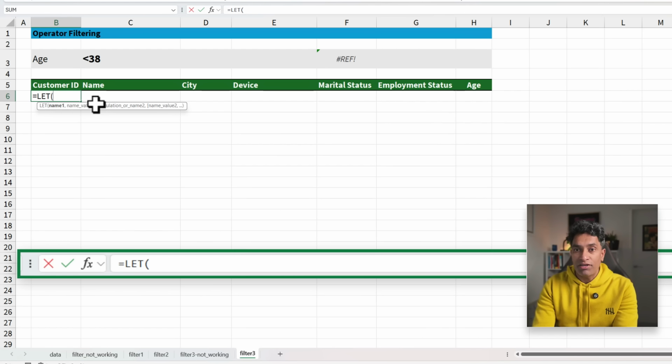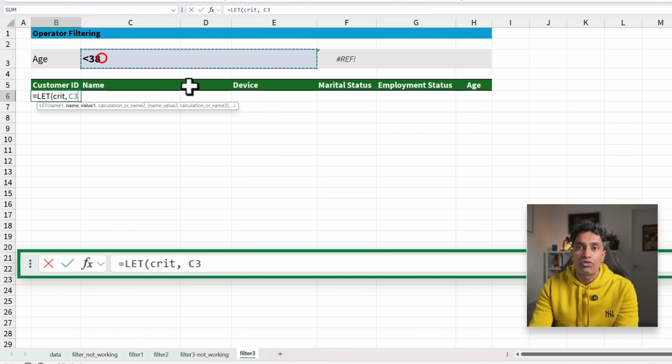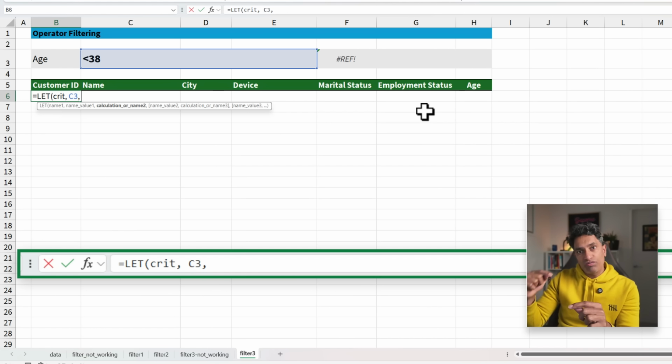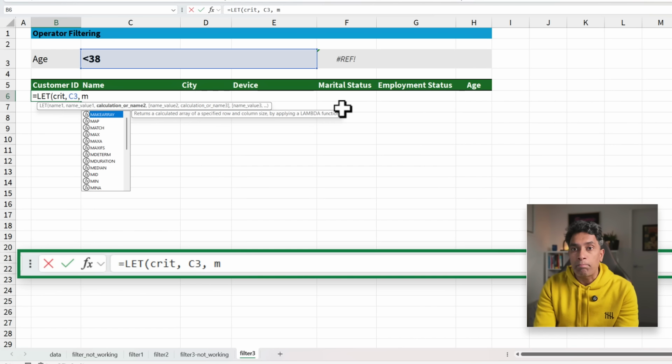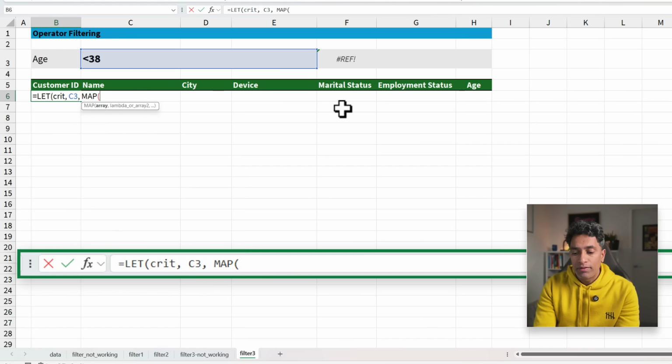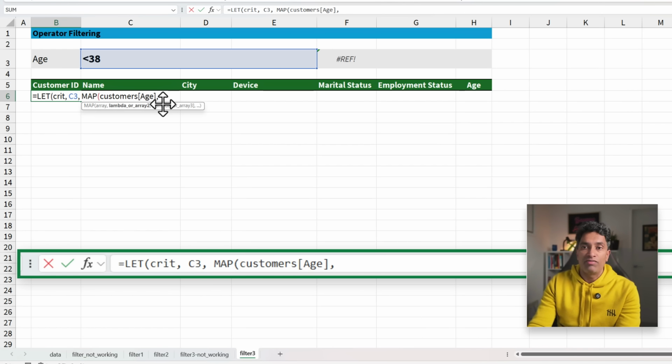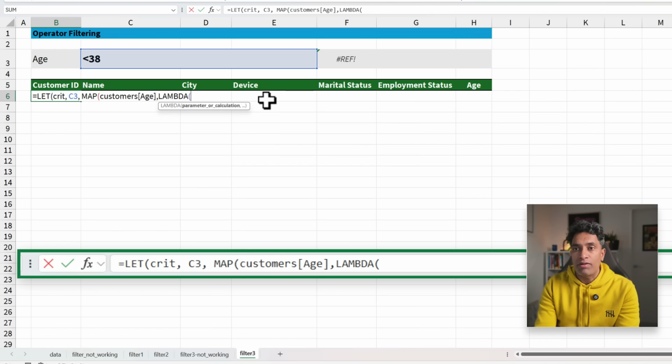I'm going to use the let function this time and declare a local variable called crit and store my criteria into that. So C3 is my criteria, and I'm going to keep it in the local variable here. Next, we will calculate which rows of the customer data meet this criteria. For this, we are going to use the map function, map customers age column. And what map does is, it can apply consistent logic on every element of that list. So for each of the customer's age, we want to run a lambda function